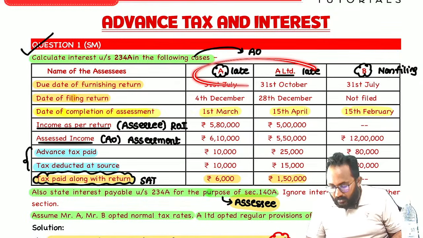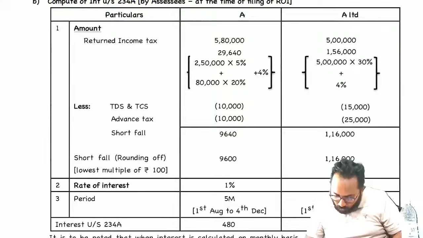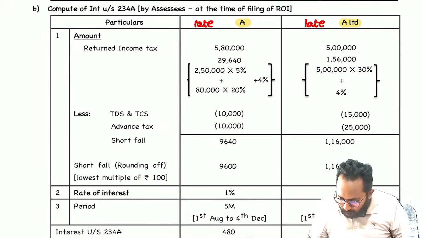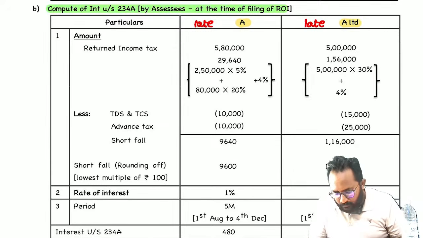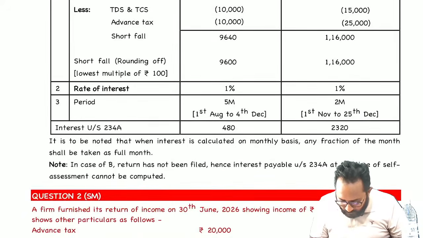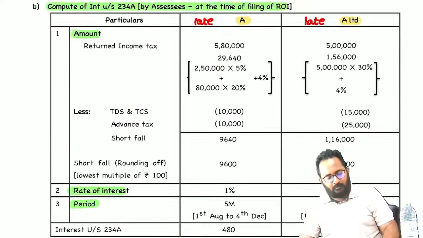So that's why, how many columns can we open in this case? Two. What are the two? A limited. Why? These are the late filing cases. Now I am asking one more question to all of you. Here, what are the variables we require for computing interest? Amount, rate of interest, as well as what? Period.